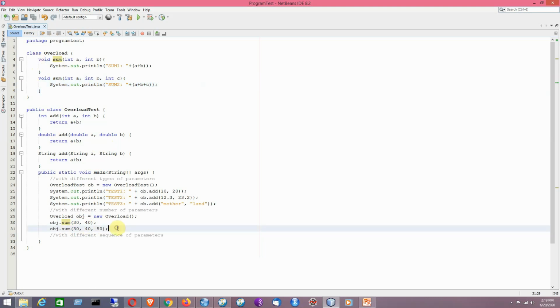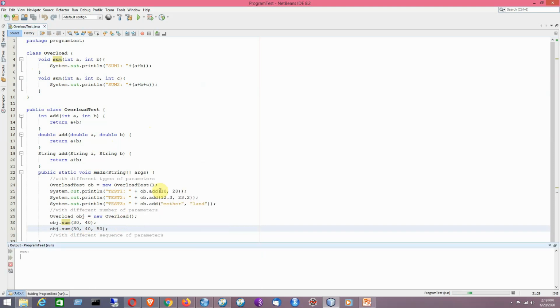It will be decided at compile time. Now let's run the program. We can see here the corresponding method gets called based on the number of parameters. So it is the second example of method overloading.